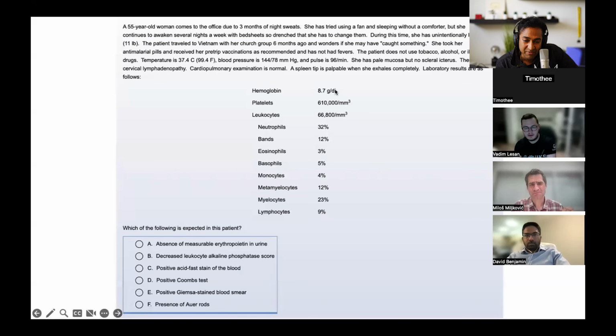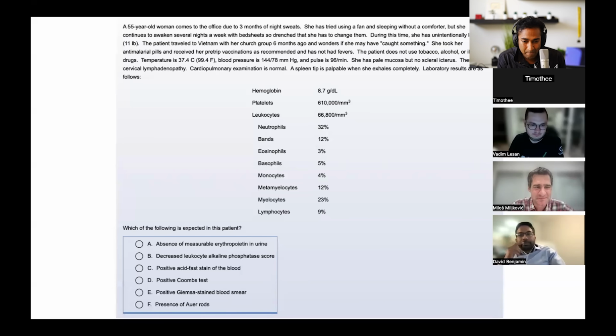Laboratory results are the following. Hemoglobin 8, platelets 600, leukocytes 66, neutrophils, bands, eos, baso. Oh. That's interesting. Which of the following is expected in this patient? Absence of measurable erythropoietin, decreased leukocyte alkaline phosphatase score, positive acid fast stain in the blood, positive Coombs test, positive Giemsa stained blood smear, presence of Auer rods. All right. So,